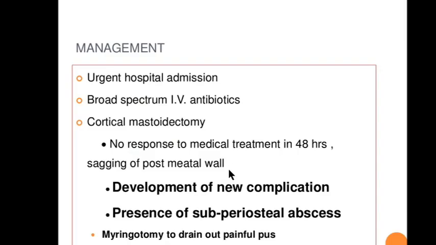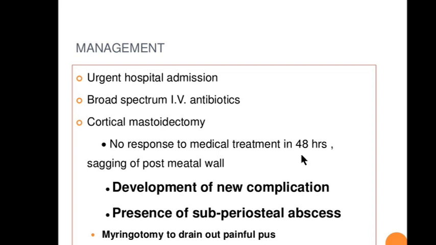Now, how will you manage these kind of patients? Because these patients are acute, febrile, you can admit the patient, because why? These patients can develop mastoid abscess. This mastoiditis, if not controlled, will develop into mastoid abscess. What will happen if there is a mastoid abscess? You already know. From itis, it has become an abscess. So now that it has become abscess, it will form pus, it will rupture, it will spread to adjacent areas and cause all sorts of complications. So better, you have to admit the patient, give him antibiotics, resolve the infection, then plan for a surgery. Cortical mastoidectomy is the ideal surgery we plan.